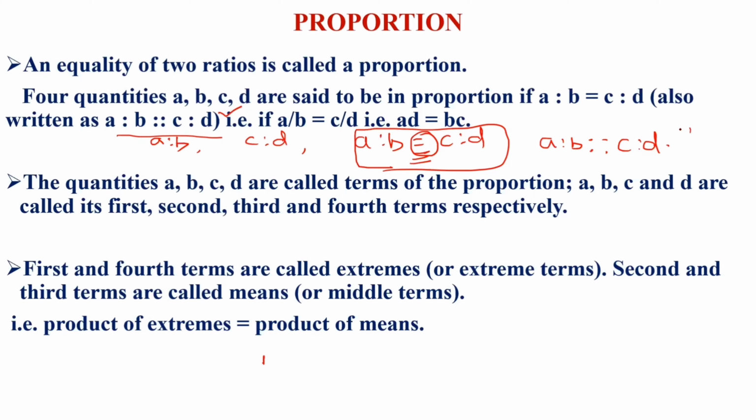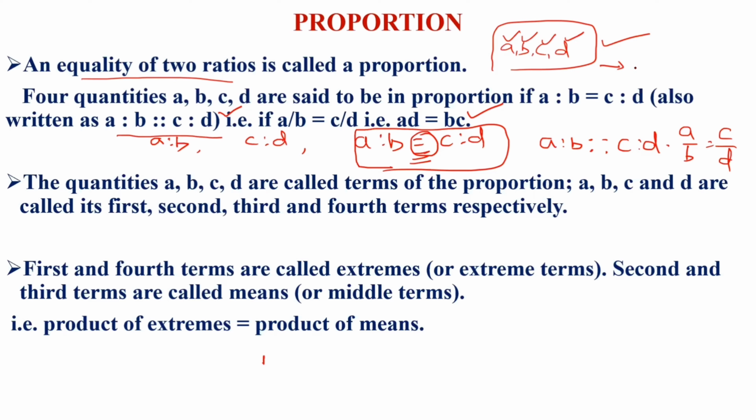This means A by B is equal to C by D. If I cross multiply, then AD is equal to BC. So proportion means equality of two ratios, or equating of two ratios. If A, B, C, D are said to be in proportion, then A is to B is equal to C is to D. Next, these A, B, C, D are said to be terms of proportion,